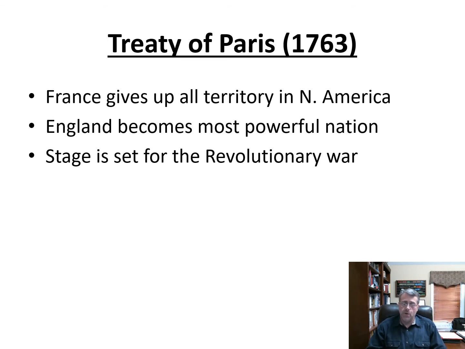Not only is England the most dominant power in the New World, they are the most dominant nation in Europe now as well. After having defeated France decisively in this war for empire, England now is the top dog. Their rise to power is complete now. It began back in 1588. In 1763, now England has kind of completed its rise to prominence. They're the dominant force. With that power and control comes a lot of responsibility, though.